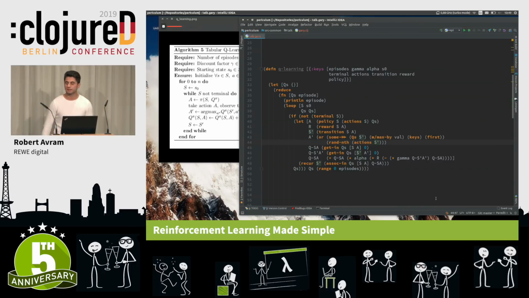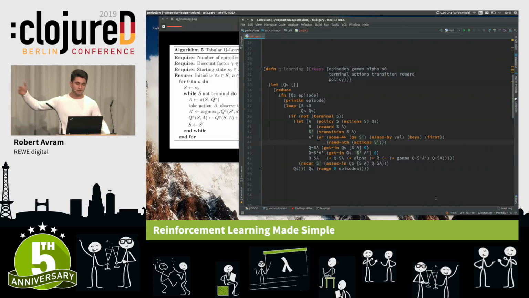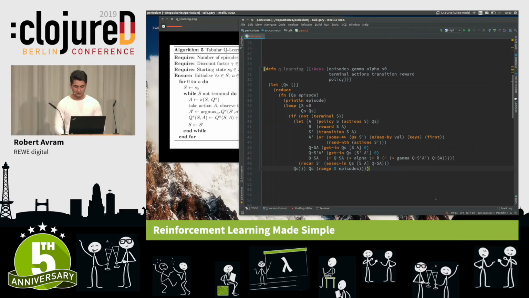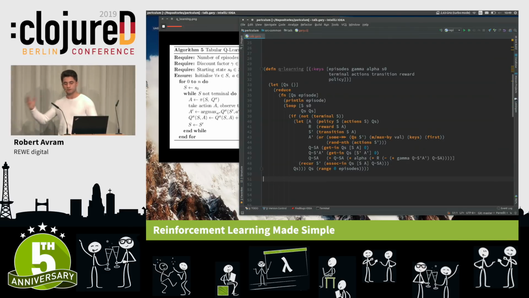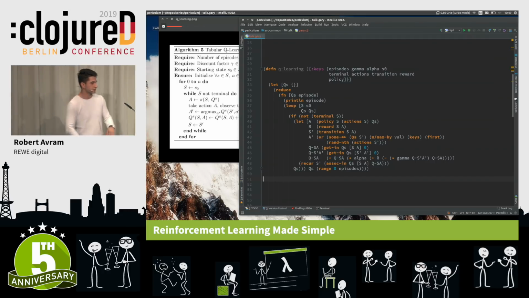Now, there's one last thing that I need, namely a way to derive the most optimal path based on the experience that the agent has accumulated. To derive the optimal path, you just start at the state and always pick the greediest actions.